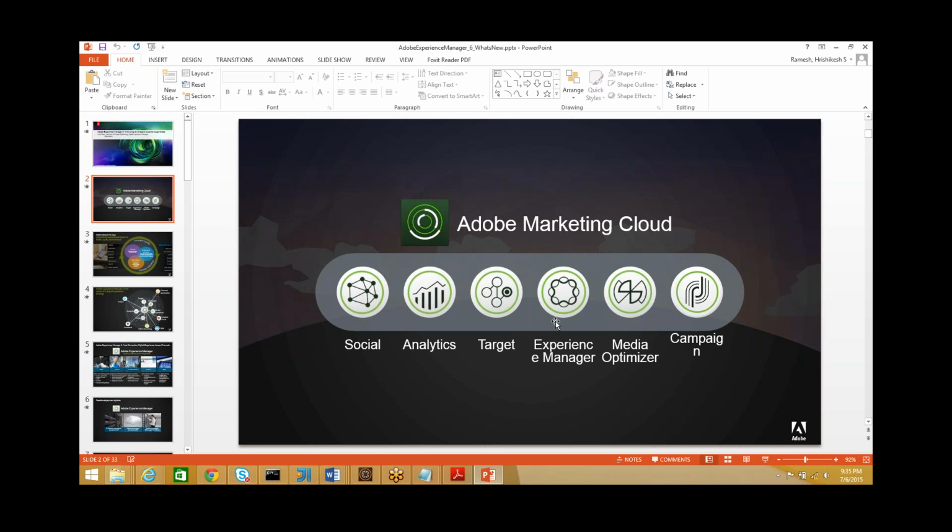Then there is the media optimizer. This is again another solution. I'm just deviating from Experience Manager to help you understand the abilities of this, right? So if you see the campaign, for example,